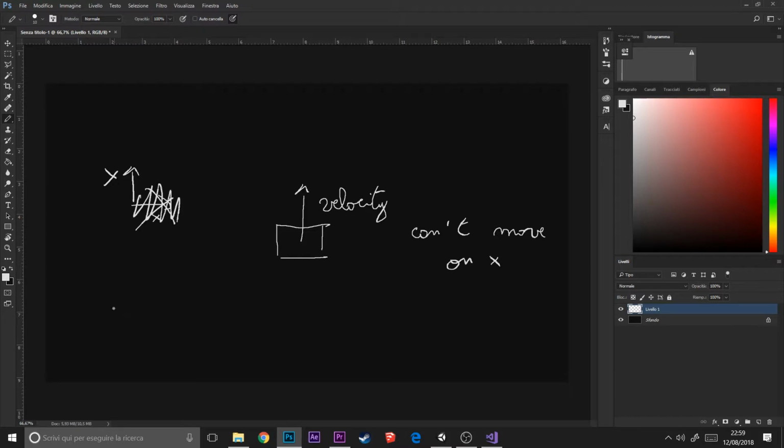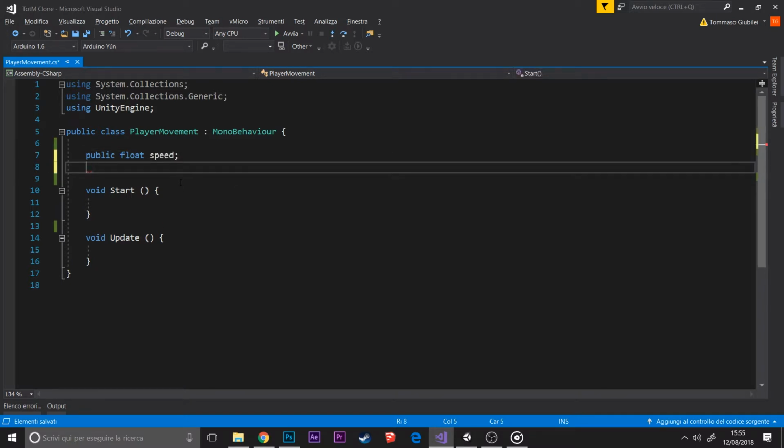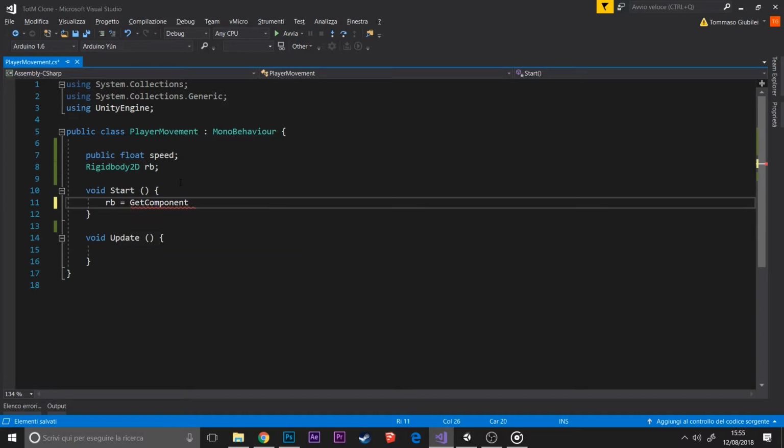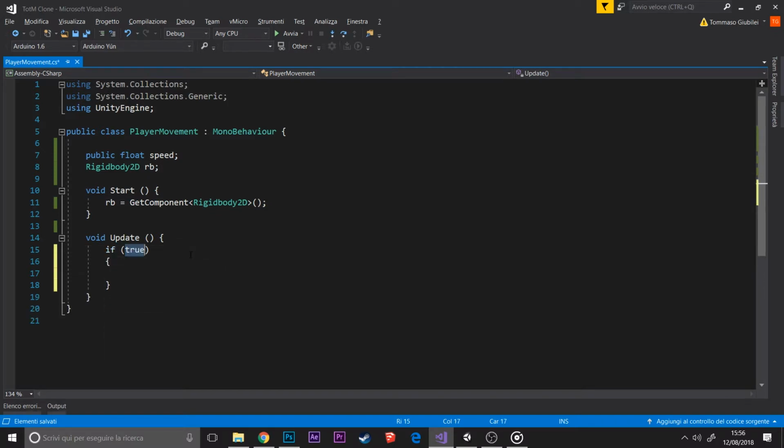So we stop the x-axis on the movement, so we can move only in the predefined way. We need the speed variable and the rigid body variable. We assign the rigid body in the start function. In the update function we will do a lot of things. So this is episode,